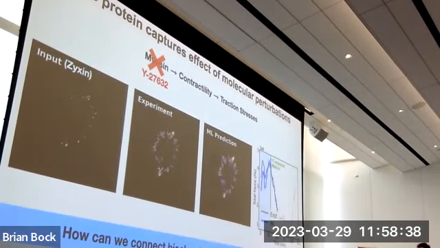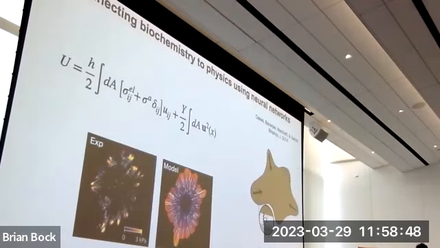If we want to do better than that, we have to find a rational way of connecting biochemistry to physics, using perhaps the fact that we just learned that Zyxin is an excellent predictor of forces. So here we have to go back to physics. And this is a state-of-the-art model in this field from 2014, also involving some of our own collaborators. This is an experimental image. This is how this model does. Certainly not a remarkable success.